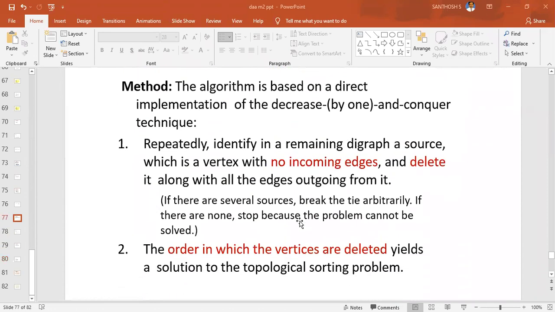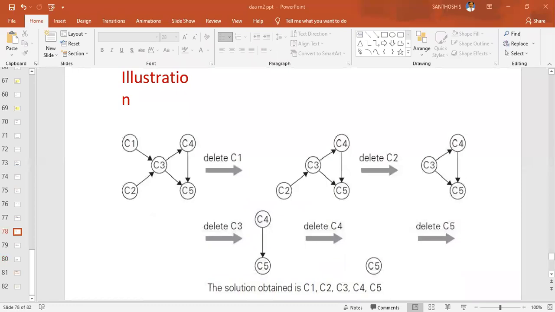Keep this in your mind. DAG means directed acyclic graph. Will it contain a cycle? It doesn't contain a cycle. So yes, we can do topological sorting for a DAG, because it is a directed acyclic graph and doesn't contain any cycle. Acyclic means no cycles. Okay.